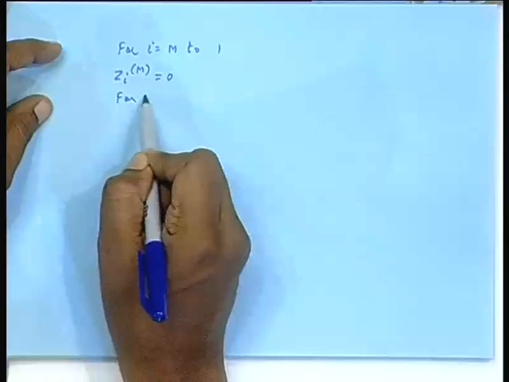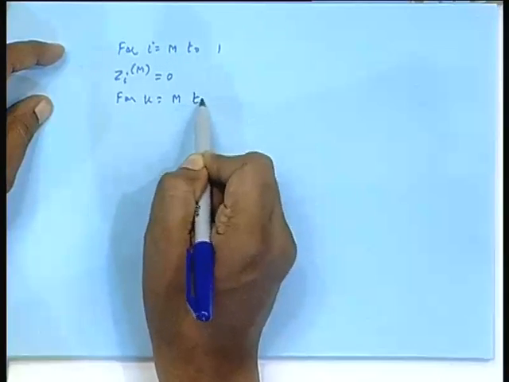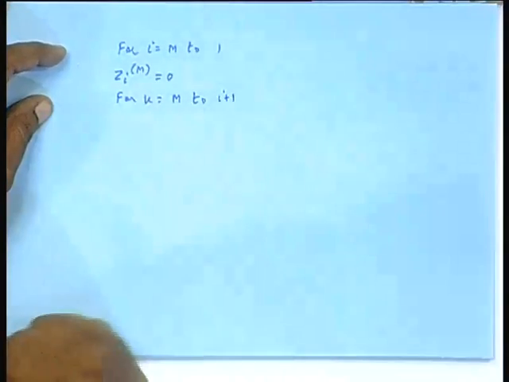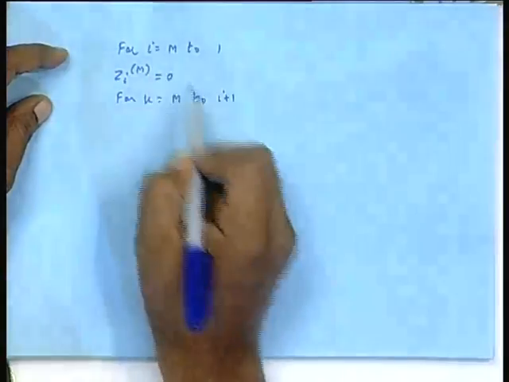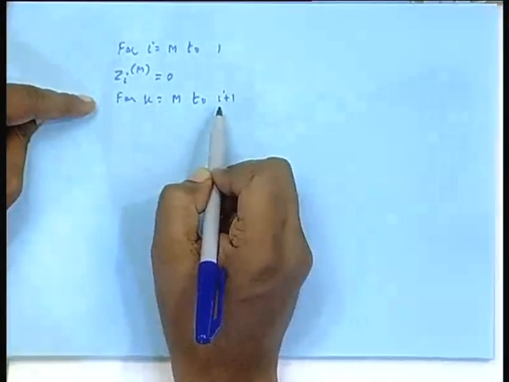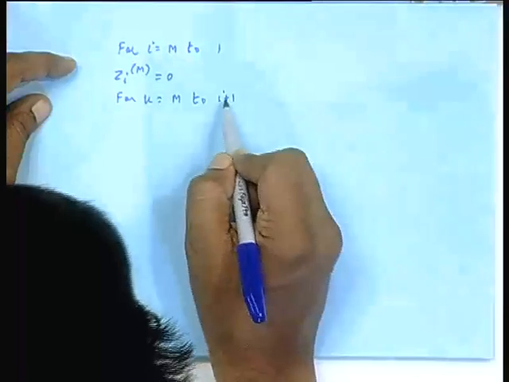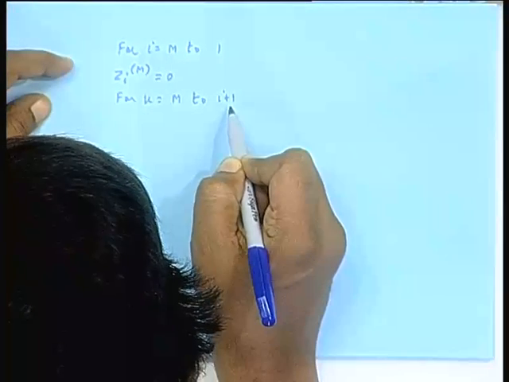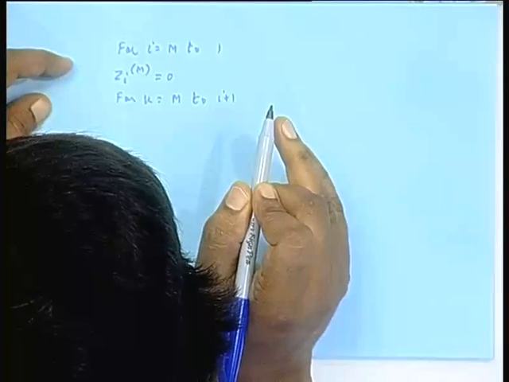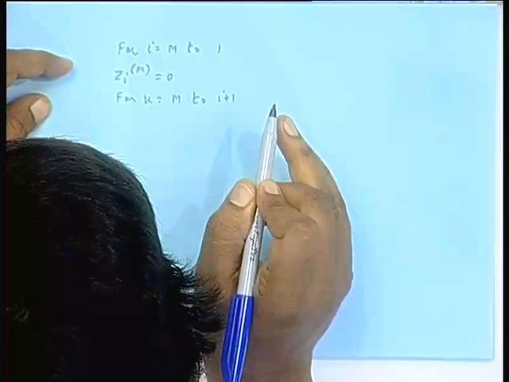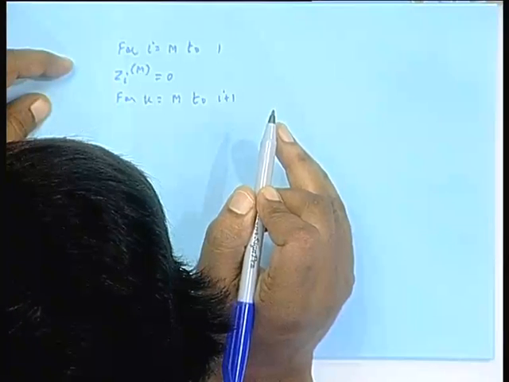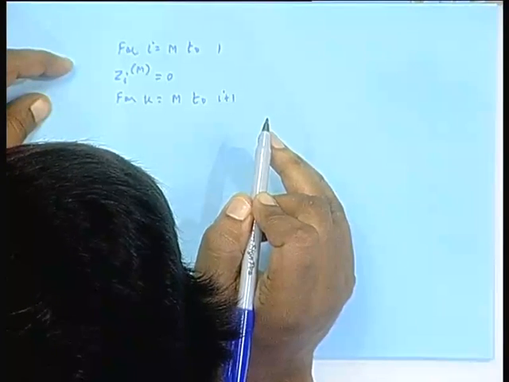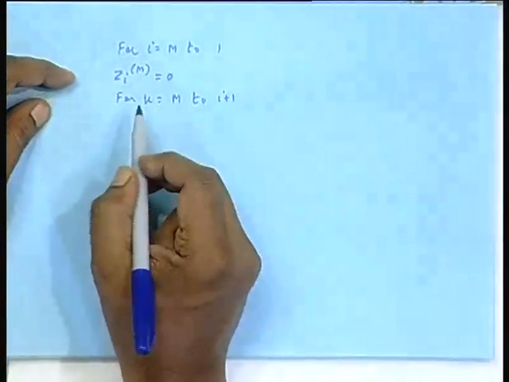Then for k equal to m to i plus 1. So, that means when i equals m, you do not execute the loop, because m plus 1, sorry, just a minute. Yeah, okay. Let me write down first, then that statement will be.